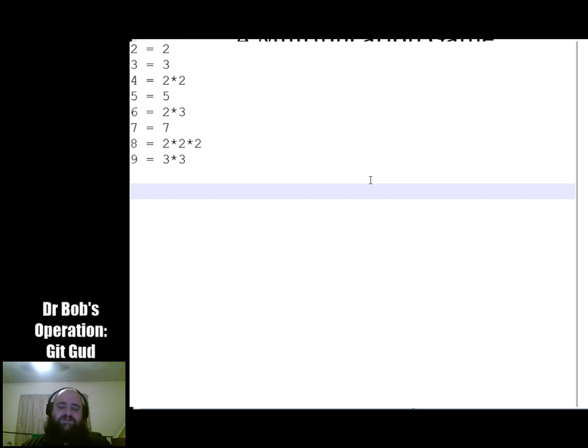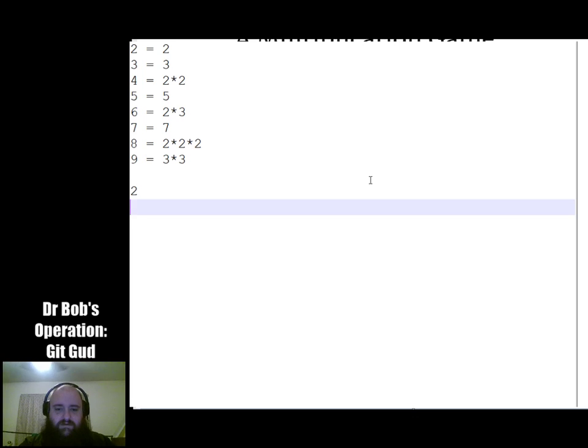So, essentially, you can uniquely identify the state of the game by how many of each prime factor is involved. And because we know that the number is going to be no bigger than 2 to the 32nd, we know that the counts on the 2s can be no bigger than 32. The counts on the 3s can be no bigger than, I believe, 21.